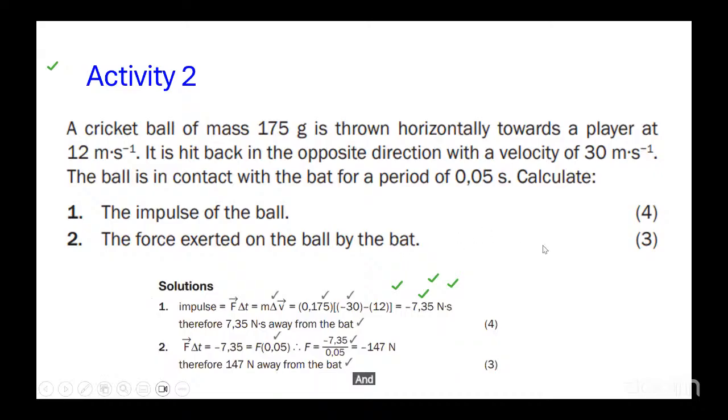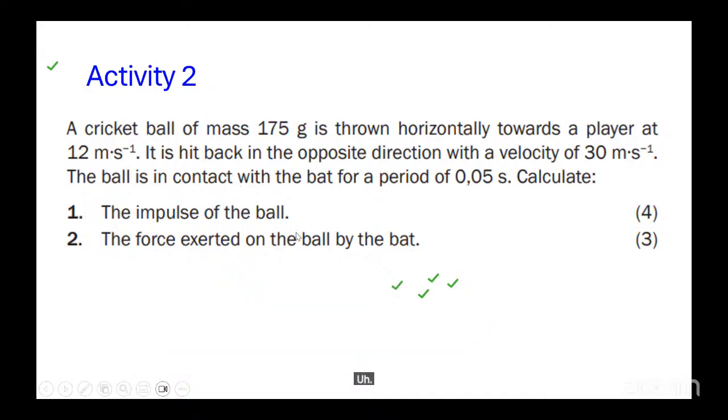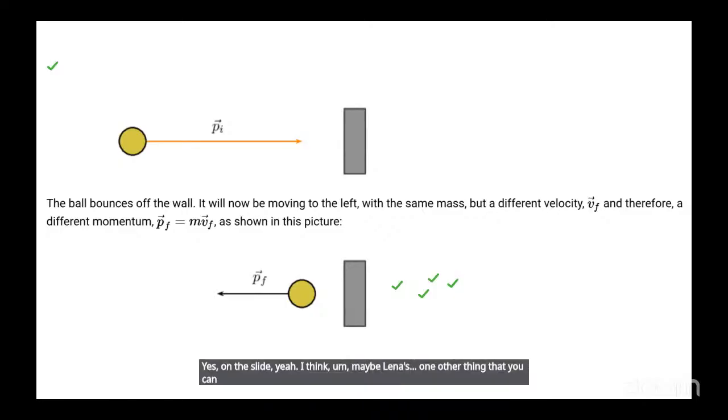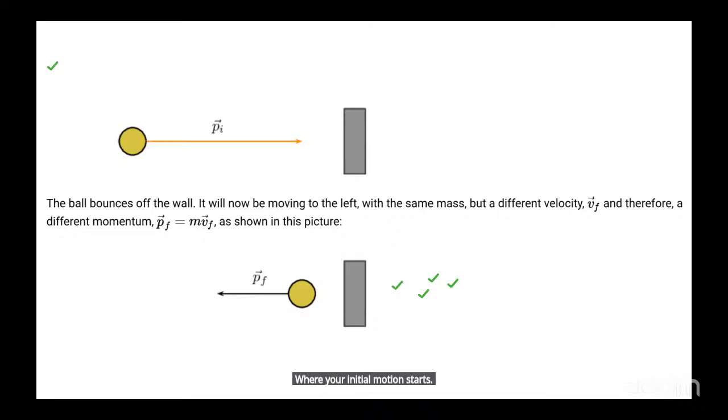And I think one of the things, maybe, Letsolo, go back to where you showed us the positive and negative momentum. Yes, on the slide. I think maybe, learners, one other thing that you can do, Mr. Letsolo has been emphasizing using the Cartesian plane. My advice will be draw the Cartesian plane every time where your initial motion starts. And that will make it easier for you to get the signs correct, especially when